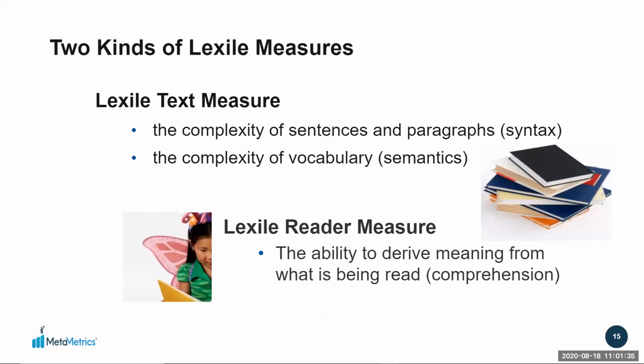But it's important to remember that the Lexile framework for reading involves two kinds of measures: a measure of text complexity, but also a measure of reader ability. And that is one of the unique elements of the Lexile framework for reading. The fact that it is what is called a conjoined measure, meaning that it places both readers and text on the same scale. In terms of measuring the complexity of text, a Lexile measure focuses on two important elements: syntax